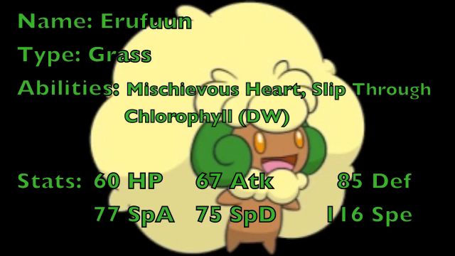As for the abilities though, the first one it gets is known as Mischievous Heart, which is an awesome new ability that gives +1 priority to all non-attacking moves, such as things that inflict status like Toxic or Will-O-Wisp, or stat boosting moves such as Growth or Swords Dance or things like that. This Pokemon probably is one of the best users of this ability just because of the fact that it is the fastest Leech Seeder in the game, and a variety of other things that it can do because of this